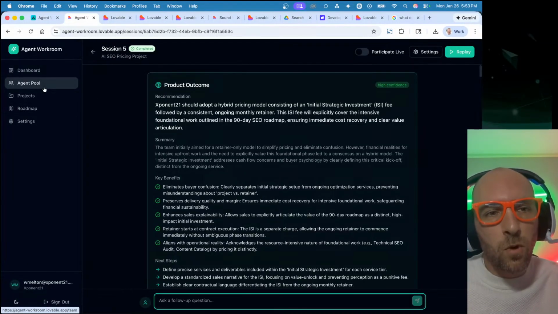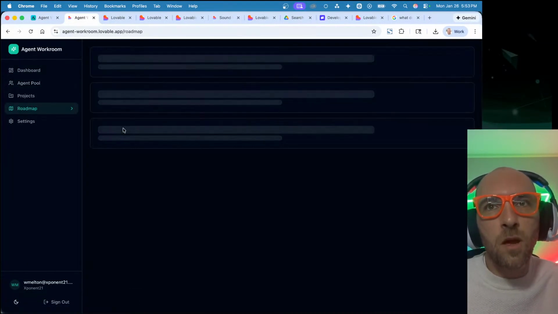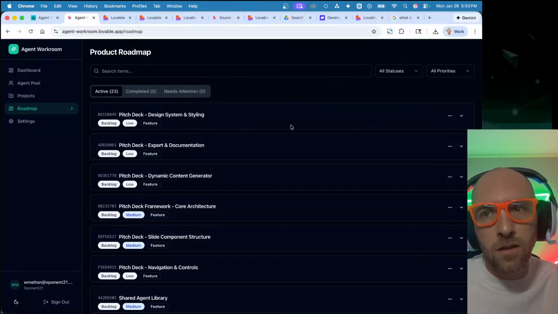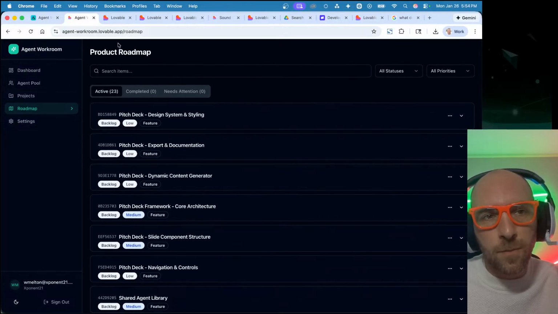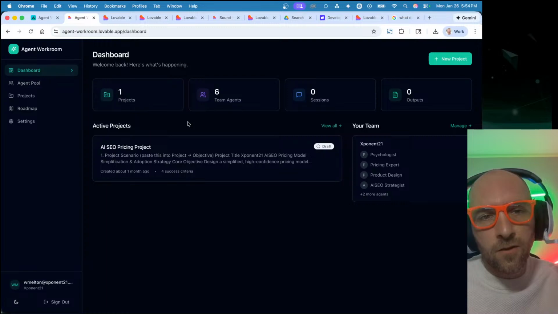So there's more work to be done on this, and we have a product roadmap that is going to guide us in this development. But what I aim to be able to do here is a few different things. One is to fully vet the business case and really make sure that it has been fully thought through.